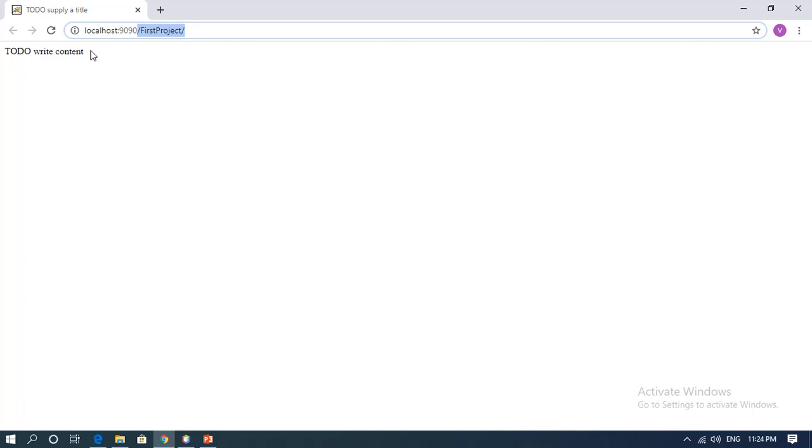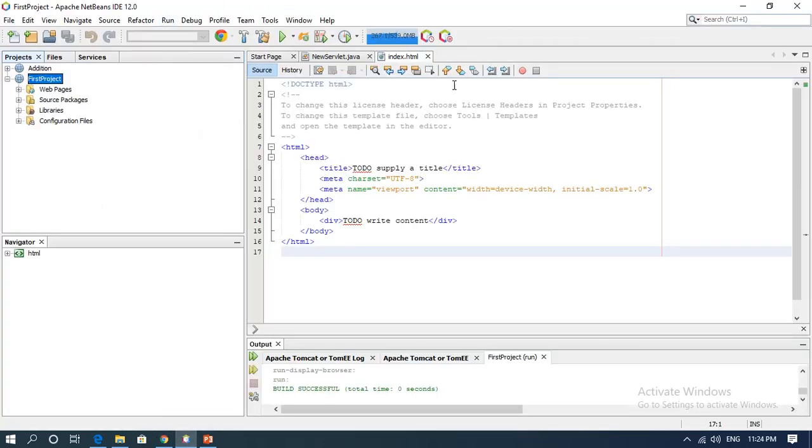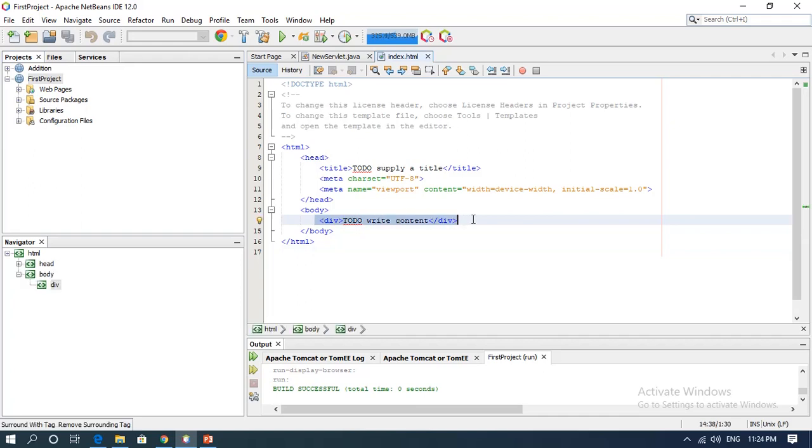Now, what is this? To do write content. This is the thing which you have written in your index file, and that is what your browser is showing. See, I'll just show it. This is NetBeans and this was the index page. Can you see here? This is what it is printing.